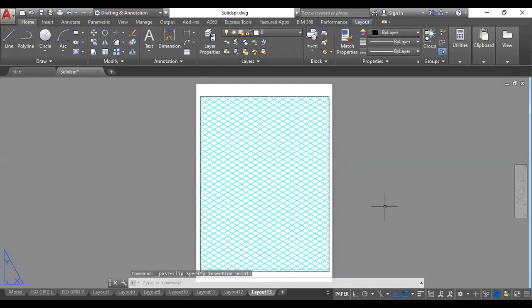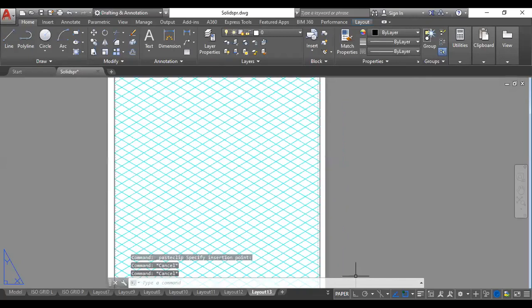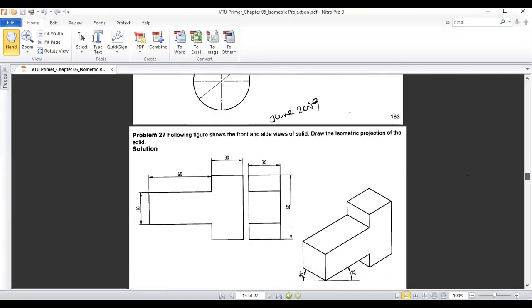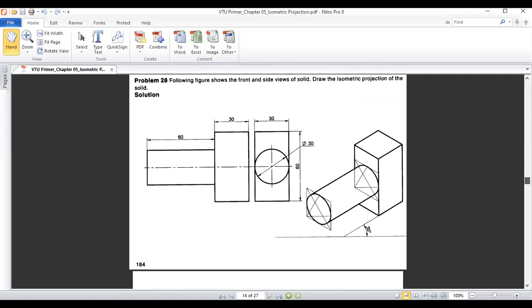Okay, so the sheet is ready for drawing. So let us see one another type of problem. You can try to solve all types of problems like this, this kind of problems.